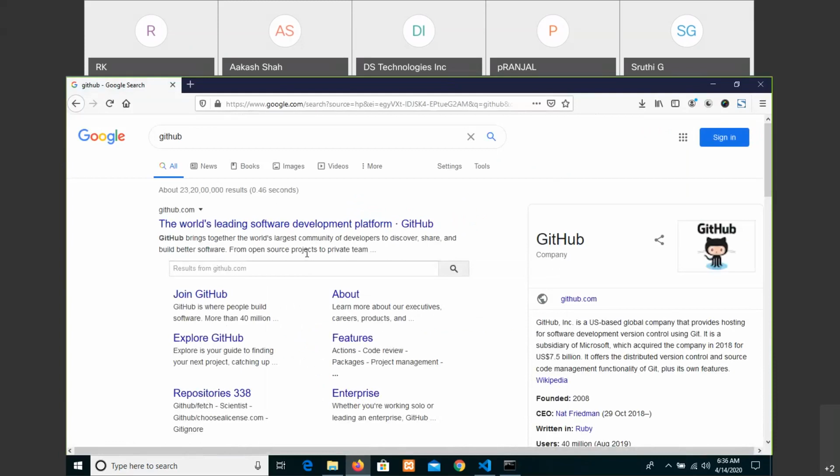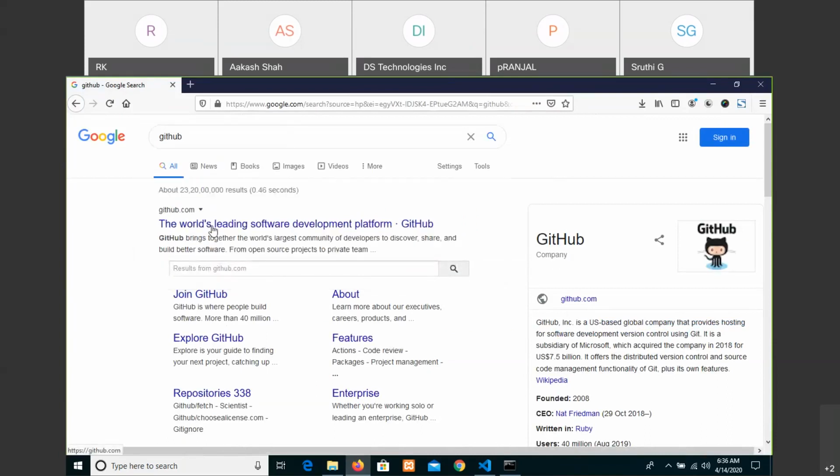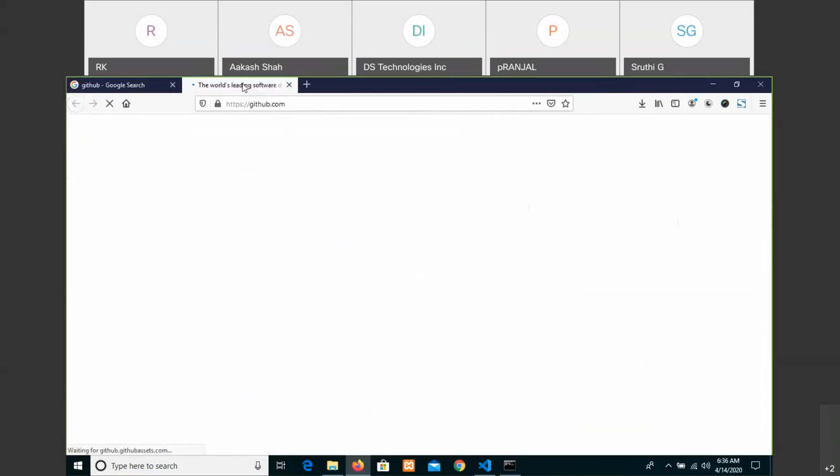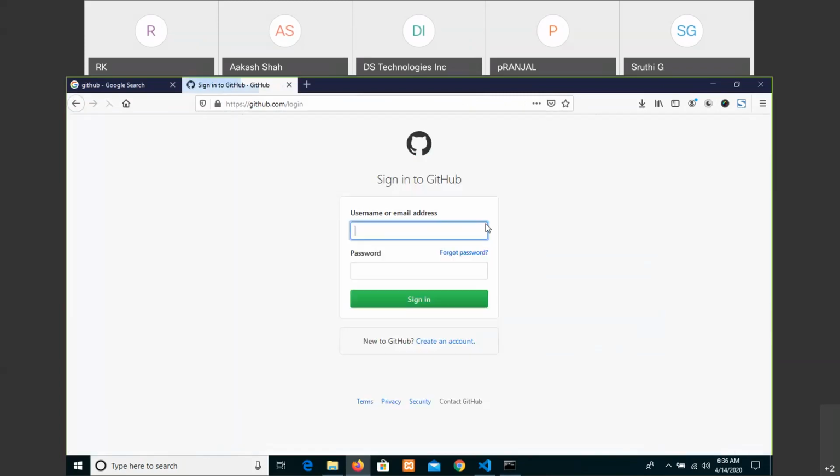Whenever you do operations in your project, you can upload it into your live software development version control using Git. You just have to sign up for free and log in to that account.